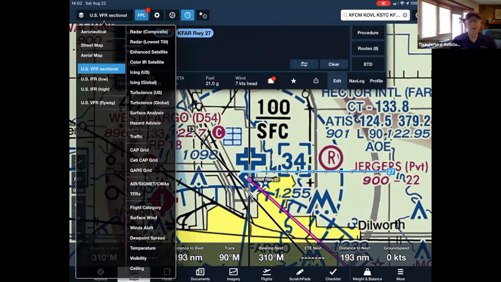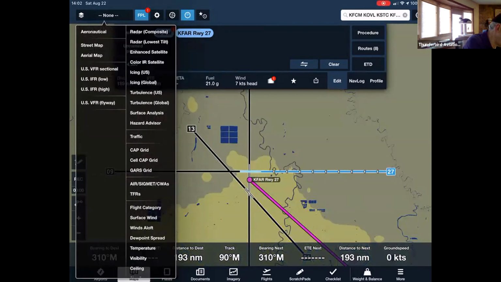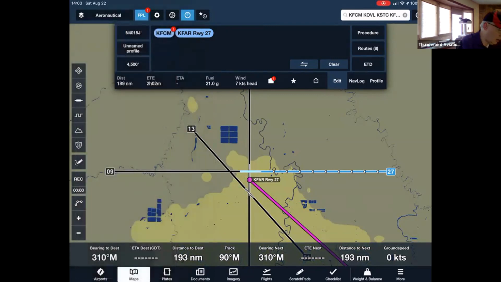So now if we tap on the layers icon in the upper left-hand corner of the screen, these are all the various things that you can add to the chart with ForeFlight. Let me take off the sectional for a second. The first one at the very top, the left-hand side of this two-column thing, is what you're going to see on the chart. The aeronautical section